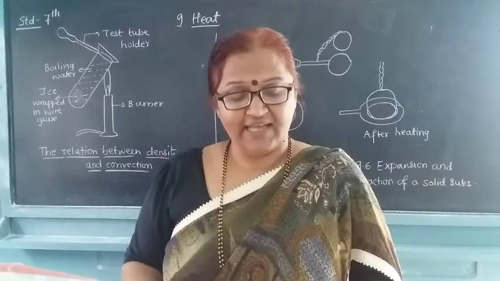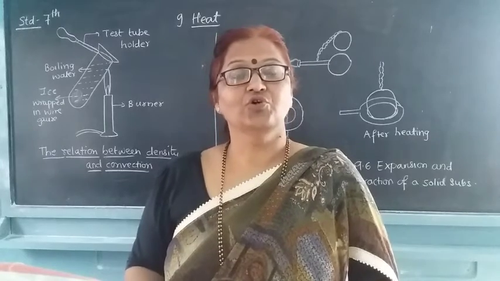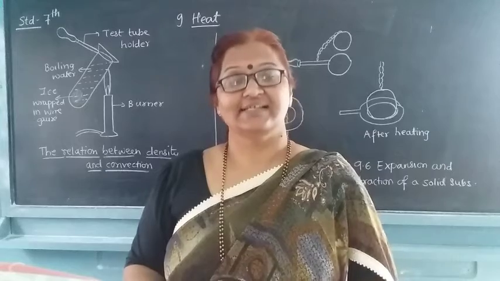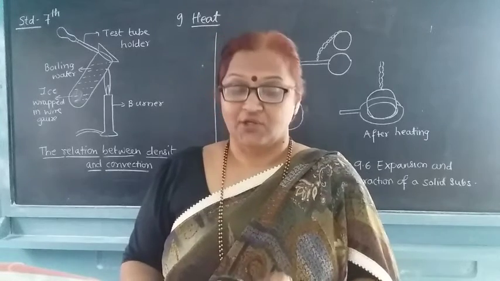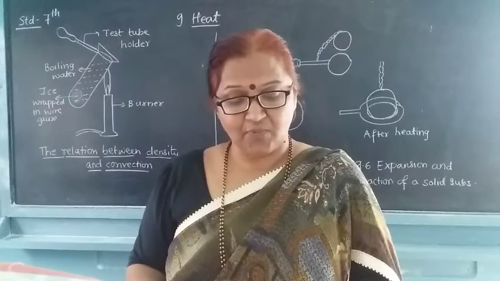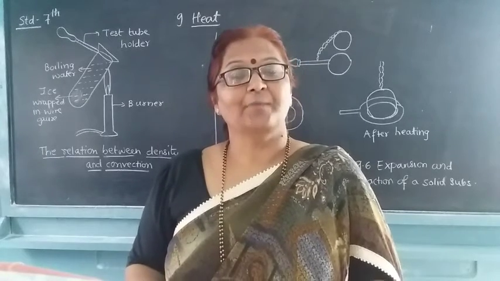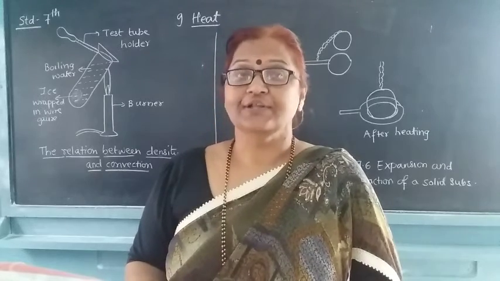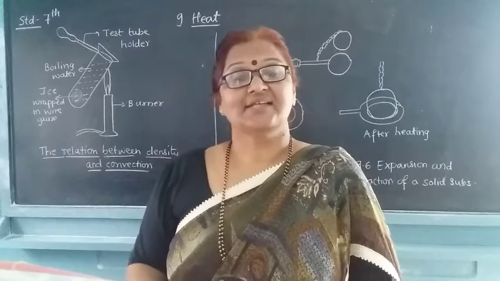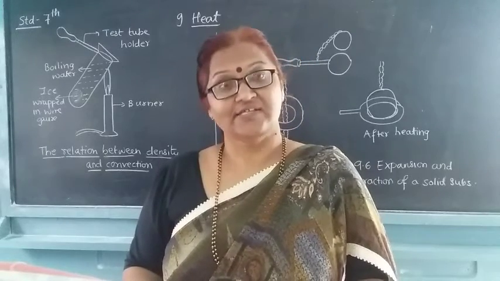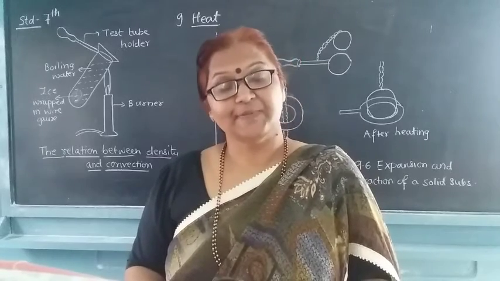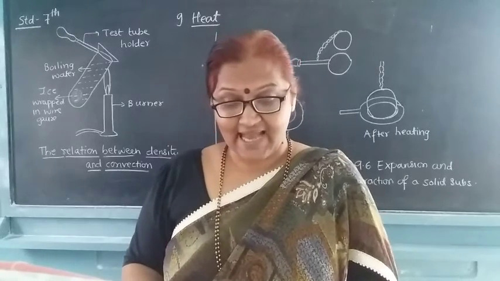Observe the piece of ice at the bottom. What you have to do? You have to observe the piece of ice which you have put at the bottom of the test tube. Then see, the heat does not reach the bottom even though the upper part is heated. You know that we have heated the test tube at the upper part. The upper part starts to boil, that means the water present at the upper part starts to boil. But the water present at the bottom remains as it is.